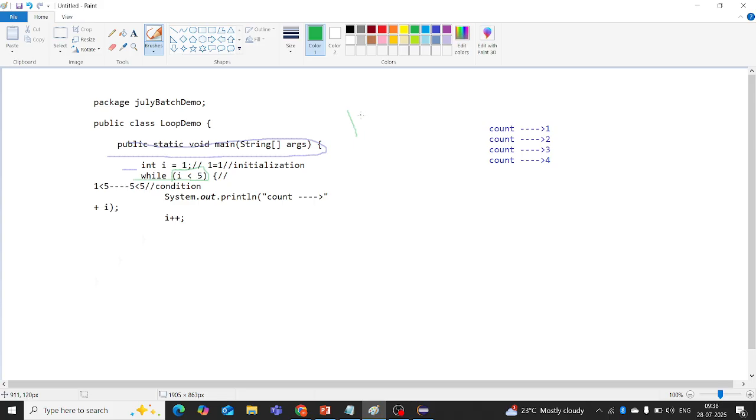What is i here? 1. Is i less than 5? The condition is true. Why? Because 5 is the high value and 1 is the low value. The condition returns a boolean value, which is nothing but true. Okay, the condition is true, so then it will see the